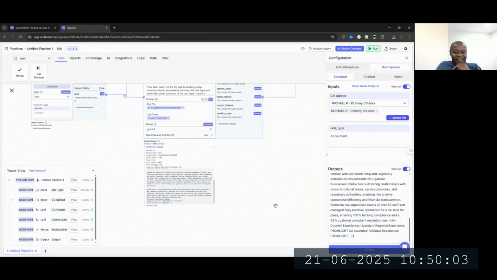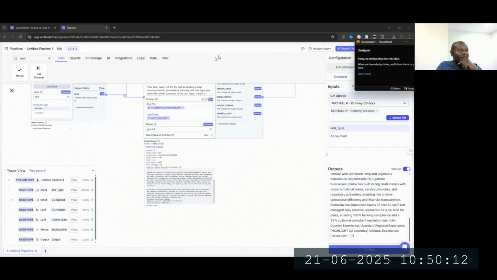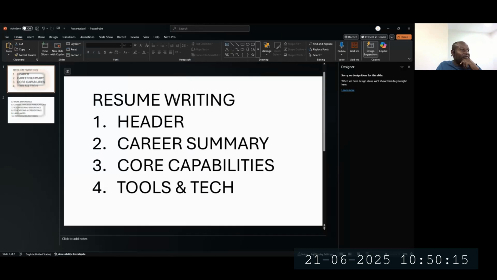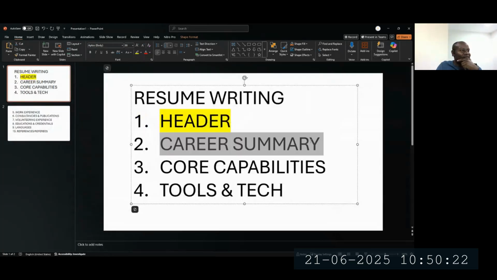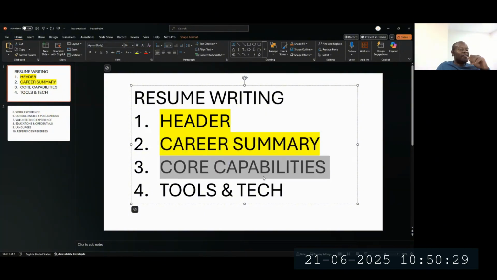Now remember there are 11 sections. If I remember, I told you. We had what? We have 11 sections. If you remember, we have done the resume header, and we have done the career summary, isn't it? This is done. So we move to the third, which is core capabilities, and then hopefully maybe the fourth and fifth, I think. I'm not sure whether the time will allow us to go through the entire 11